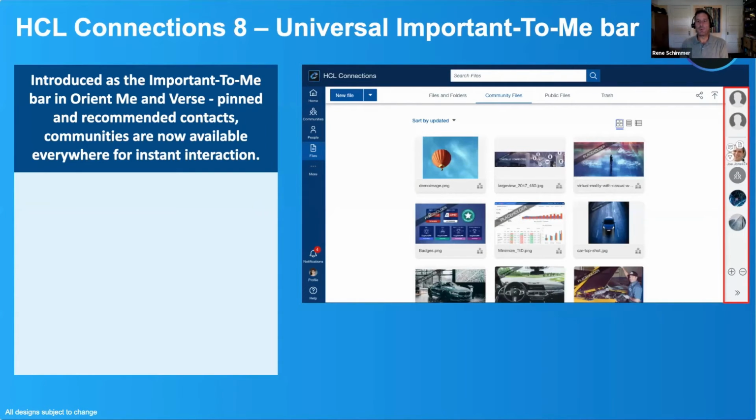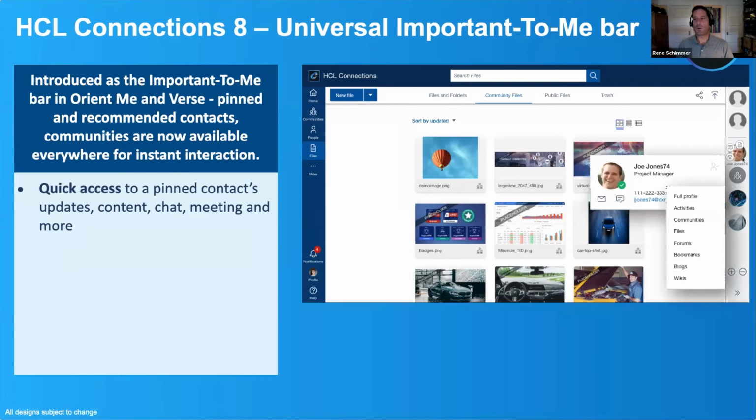Okay, moving on to the next topic, which is the Important to Me bar from OrientMe, right? So we've had it there since 6, but it was always only on Important to Me and on OrientMe. So what we're doing now is taking the Important to Me bar, position it on the right in a vertical orientation, and put it on every page, put it everywhere in Connections. You can hide it if you want the real estate, but it's always there. So you can always,